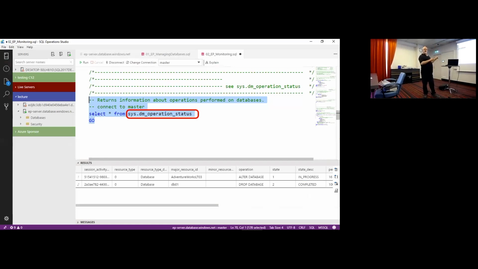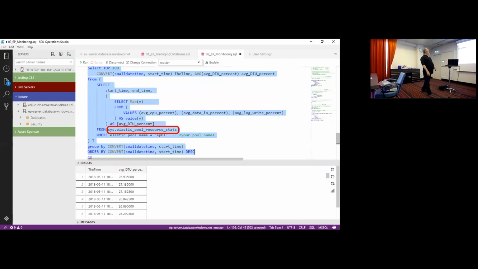How long is the information saved? I don't remember. But several minutes, at least you can see back. What is the most important in this is the status. This is the name of the DMV because you need to know what is the status at this time. So the in progress is the most important in this DMV. It's a good question, just that I don't remember the answer.